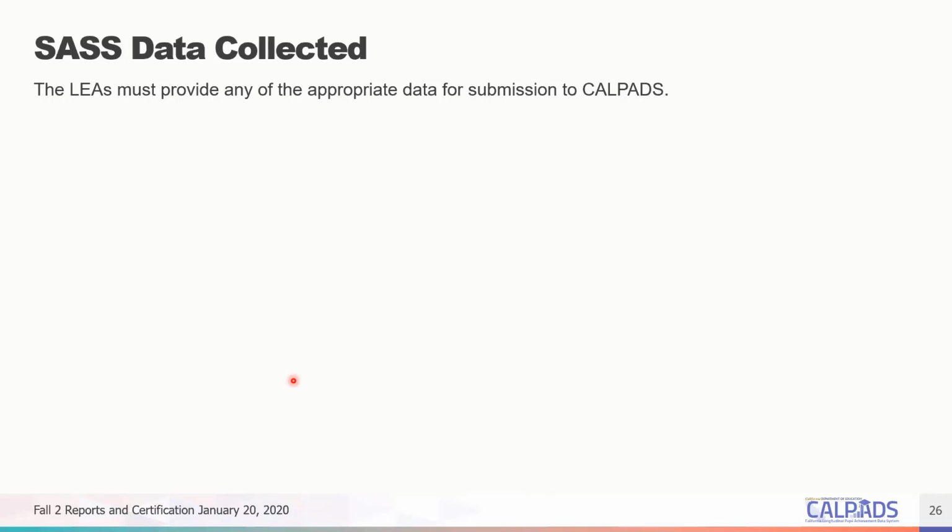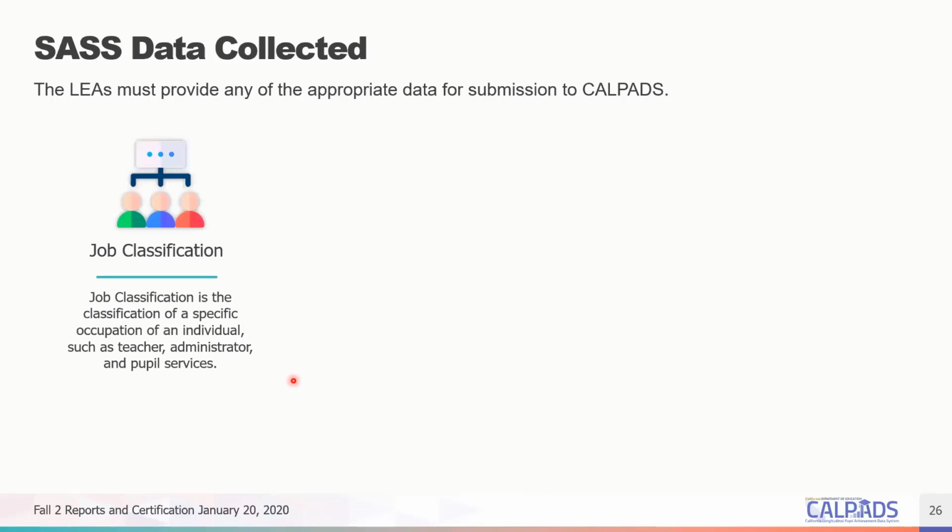Okay, so we have the SASS here, which is your staff assignment. This is basically telling CalPADS, when you submit the second file, that specific job classification of your certificated staff member, and some other information. So here, again, you have your job classification.